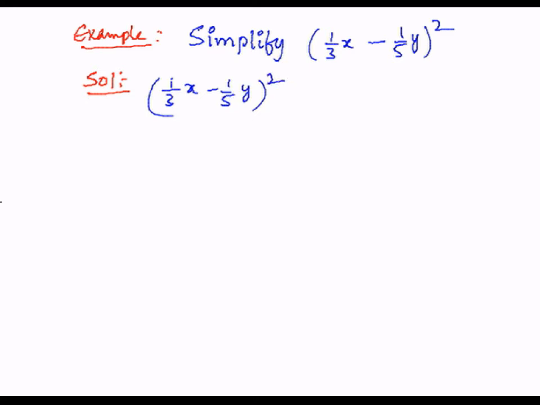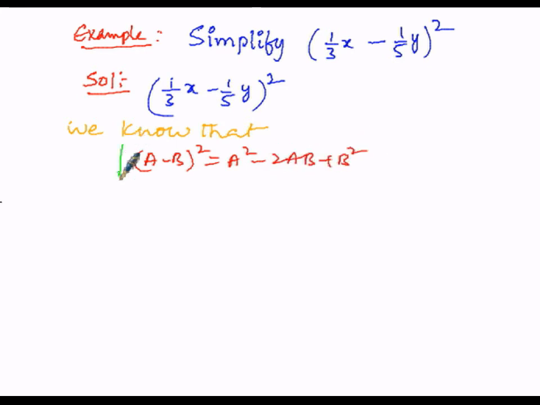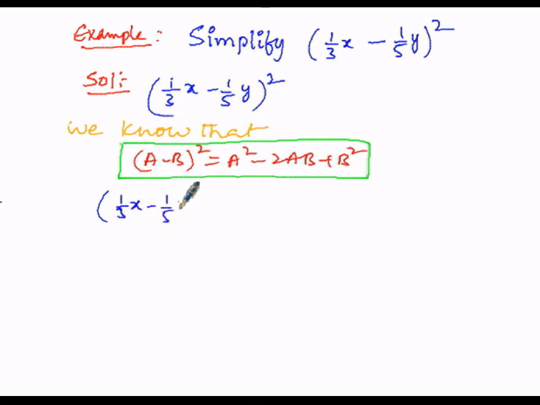we know that we can simplify it by means of the identity, it is similar to A minus B whole square form, that is identity number 3. So we know that A minus B whole square is equals to A square minus 2AB plus B square. Based upon this identity, that is identity number 3, we can simplify the given one. So here by writing the 1 by 3x minus 1 by 5y whole square,